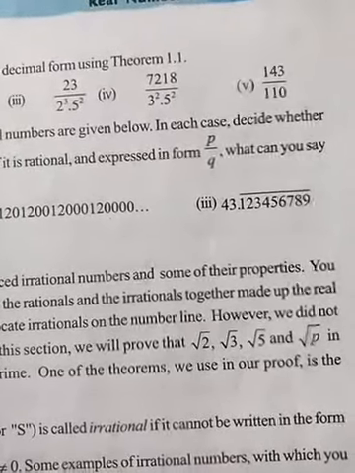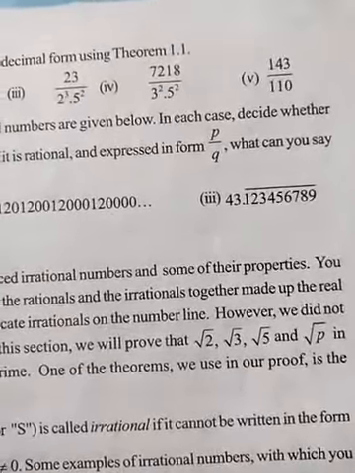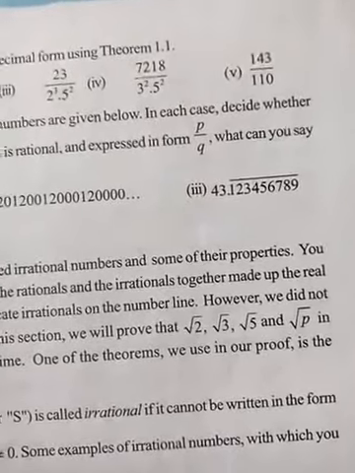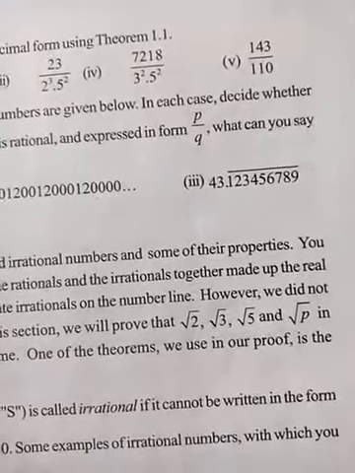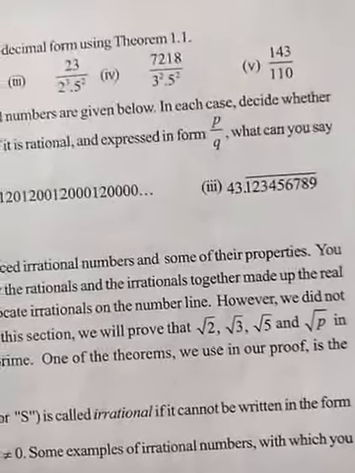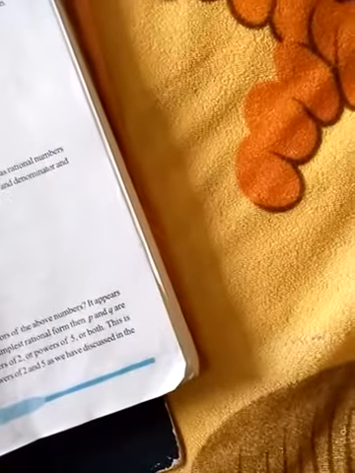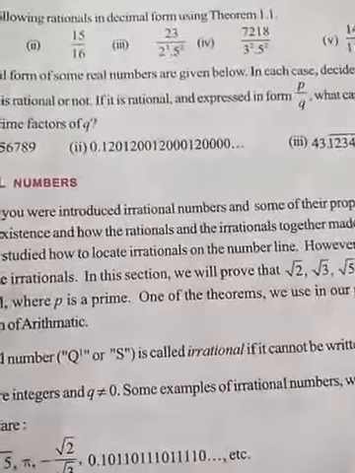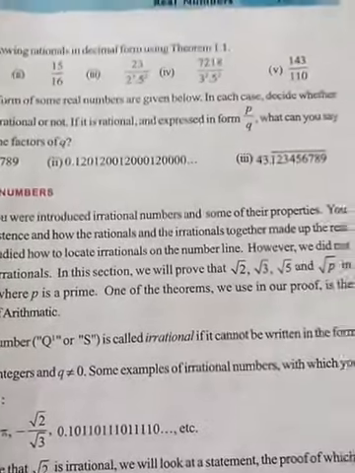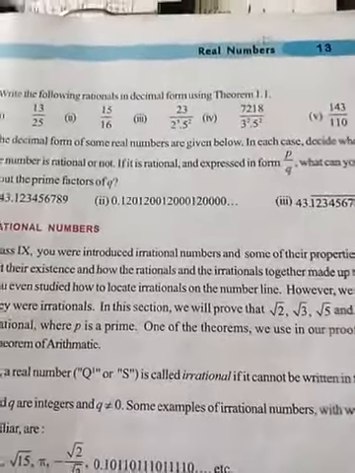How many digits are repeating here? 9 digits. So the periodicity is 9. So multiply equation 1 with 10 power 9, and proceed as in the first exercise, I think we did. We did conversions in the first exercise, not in your class, in 9th class. So convert into fractional form using that process. Okay? This exercise is completed.